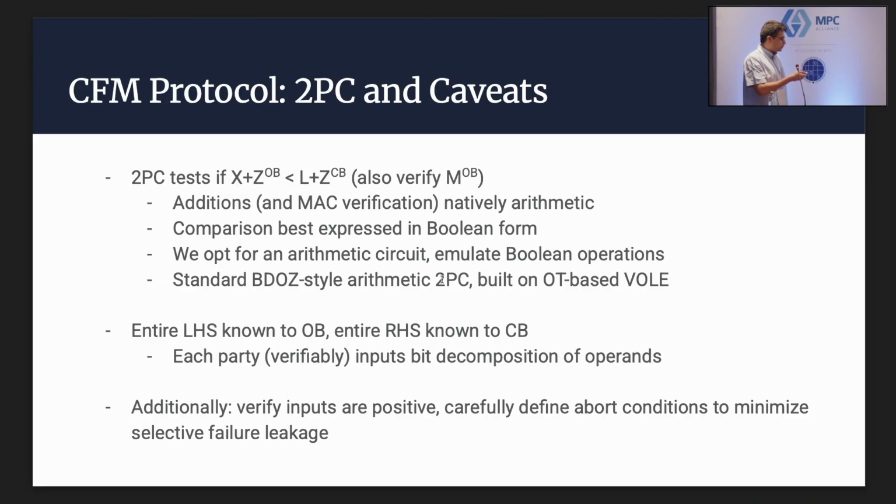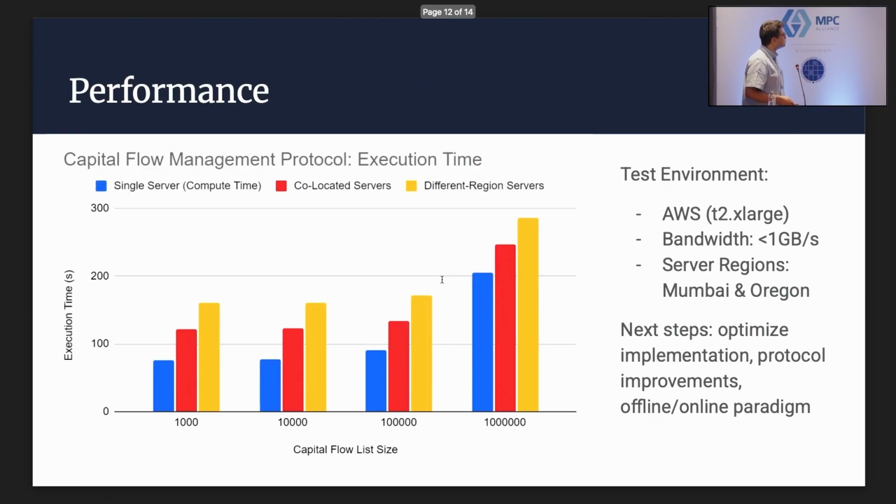Right? So we need to be able to map every protocol behavior to some perhaps malformed entries in the list in the ideal protocol. So what that means is that we have to be careful about where the aborts happen. We have to make sure that, for example, there are places in the protocol where OB observes that CB is cheating, but aborting over here would reveal something that it doesn't want to leak. And so we have to withhold all aborts until the last stage of the thing. Yeah, so a few caveats over there. A few things to keep in mind.